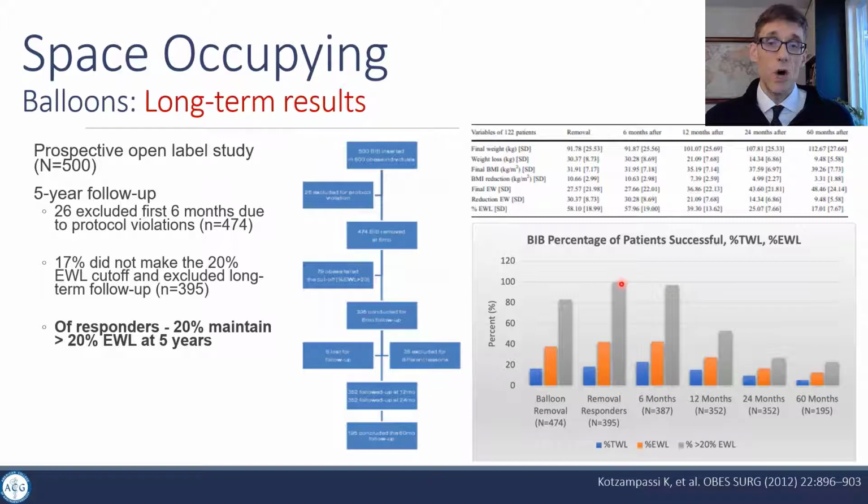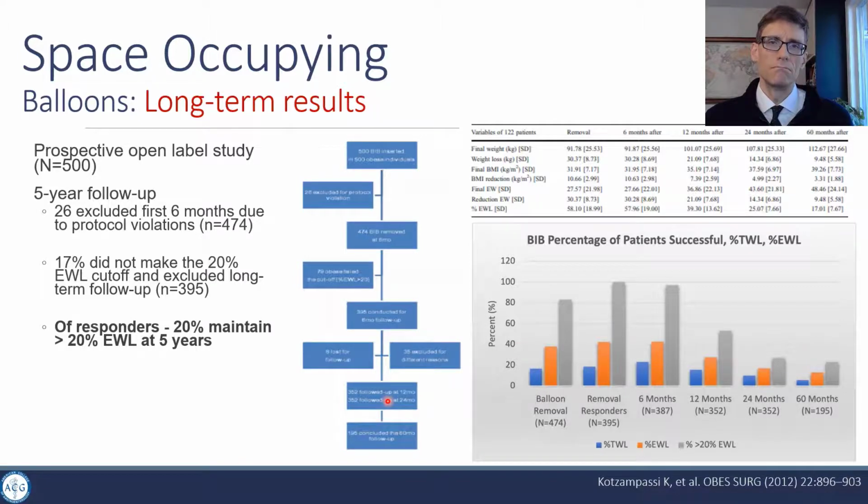weight loss. And you can see over 5 years, that drops down to about 20% of patients maintaining that weight loss. So not terribly durable. We have a percent total weight loss in the low single digits there. But good short-term results, and really we have to think about using medications or other means to maintain that weight